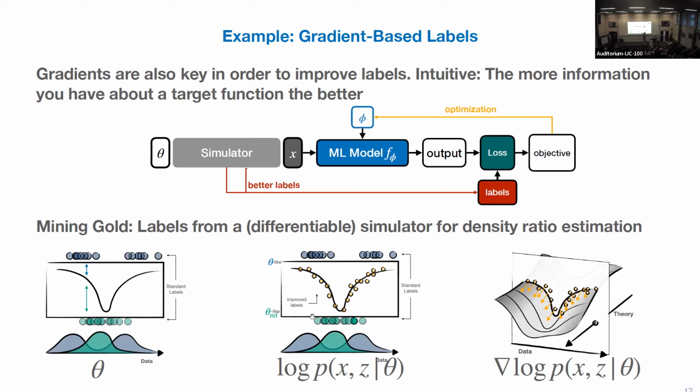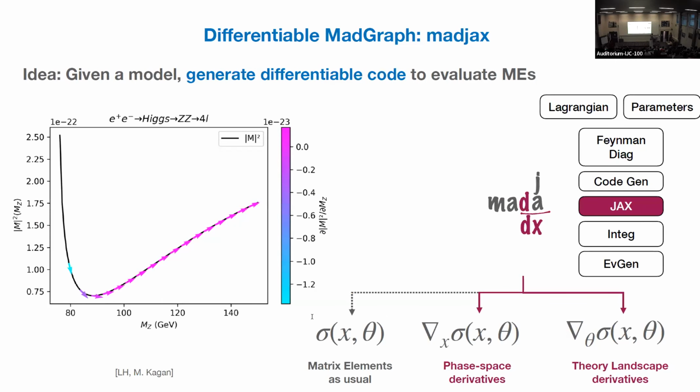If you turn it into a regression problem, it's much easier, because you have labels that are much closer to the function. And if you have additional gradient information, you can learn the function much more easily. It's intuitive. If you have more information about the function, it's much easier to learn. And if you not only have the function value, but also the gradient, it just adds information, and it's clear that this helps. And for this, you need a differentiable simulator. We heard a lot about differentiable simulators, and in this case, you need differentiable matrix elements, and that's something that's happening. This is pretty far away from machine learning, but it's using differentiable programming for improving the labels.